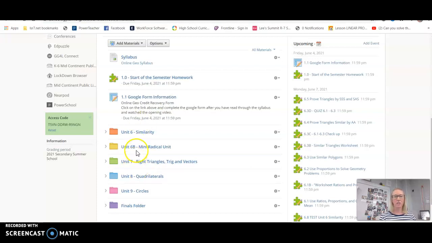And then we have this is like a half unit, this 6B. So I'll just count it as a unit for right now. 1, 2, 3, 4, 5 units that you're going to cover plus the finals. Every unit is set up the same in each folder. So if I click on the unit,